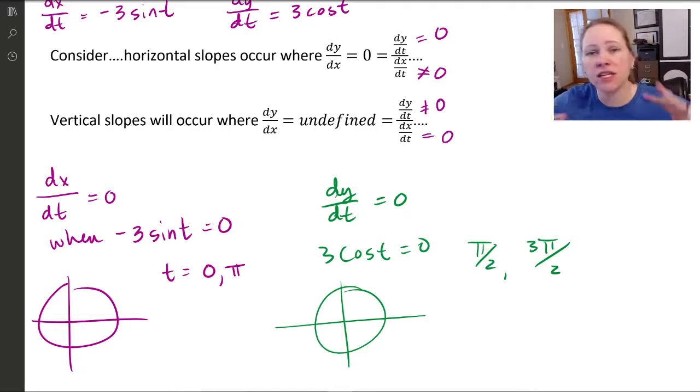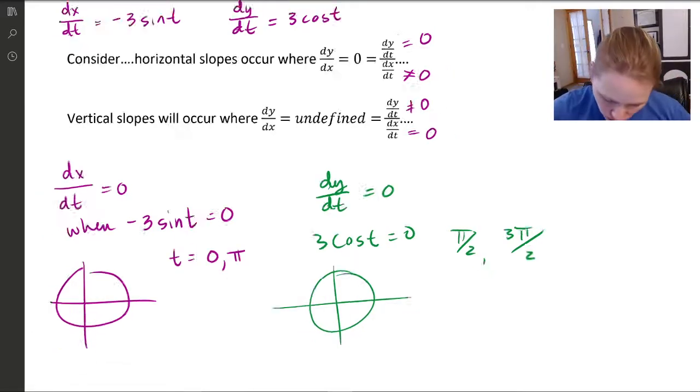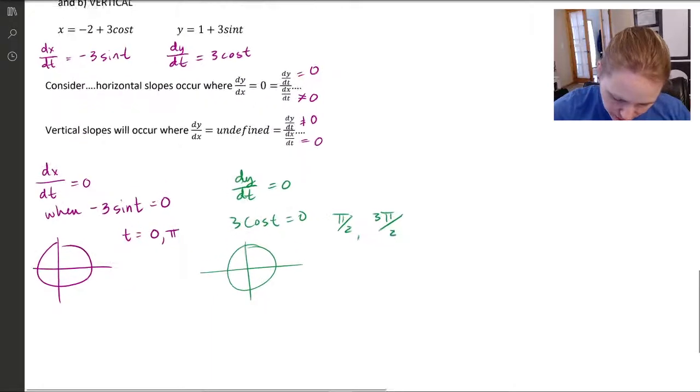Now this is t. We need to now find the location. So we always need the x and the y. So we found the t's. Now let's find the x and y. So we're not quite done. So using my equations,